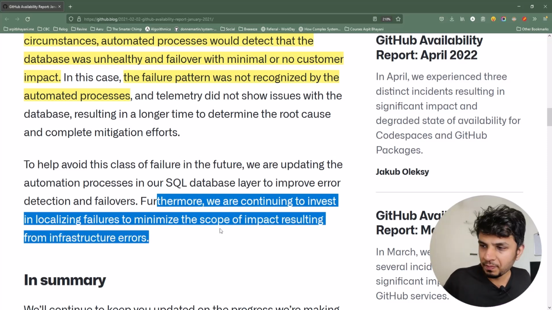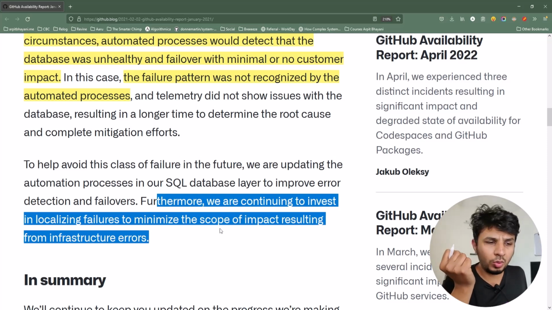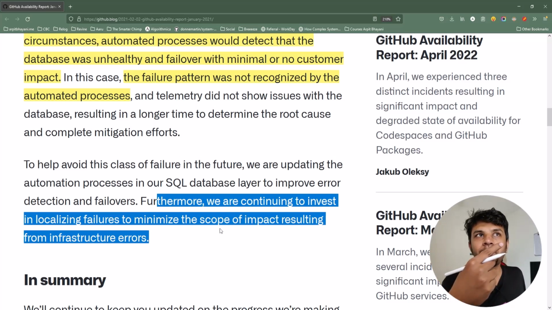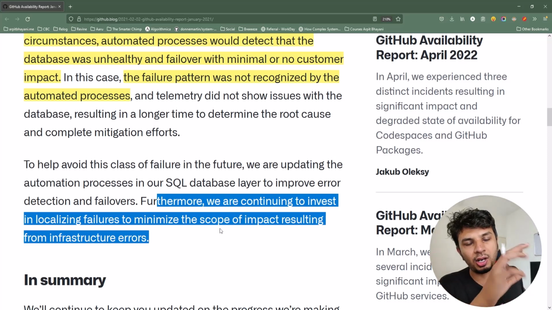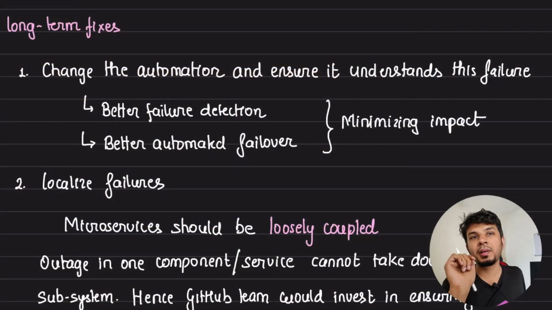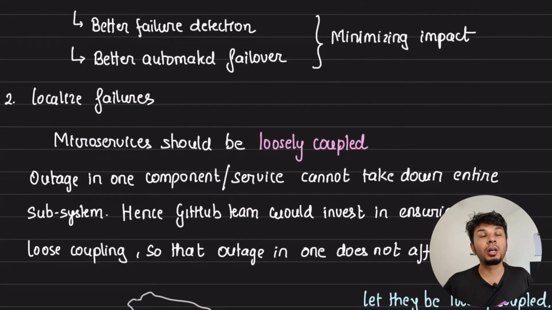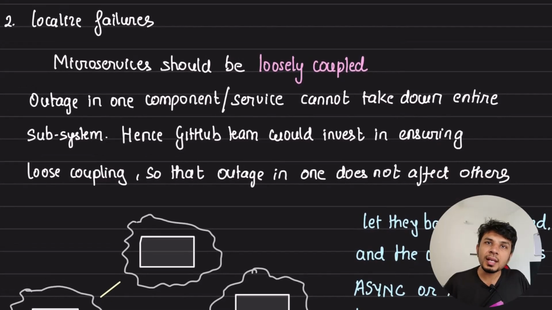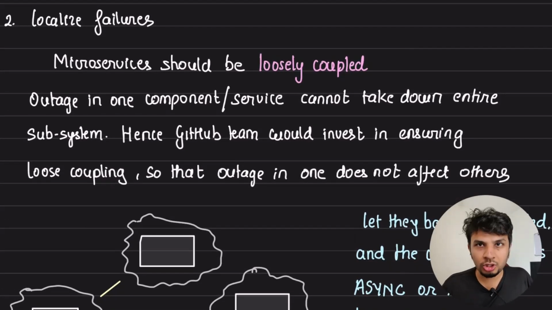So here we saw how impact on one database caused entire GitHub's actions to be affected, right? Because that critical database handled authentication communication, so synchronous dependency, direct or indirect, everything got affected, right? And this is what tells us the importance of localizing failures. So failures are bound to happen, but we all should be thinking about how can we ensure that our failures